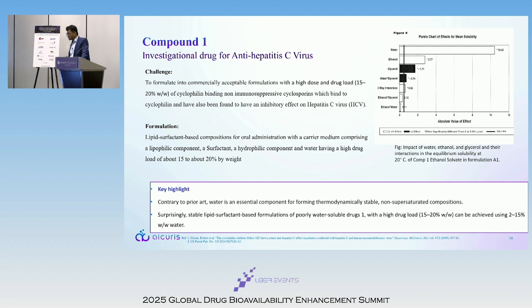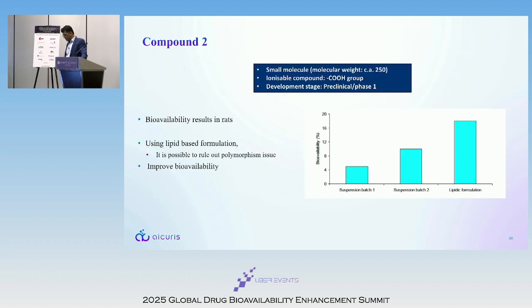But in that case, we could find out, contrary to the prior art, that the presence of a water component in the formulation was very, very important. So it's not just the mixture of oil, surfactant, or co-surfactant which was influencing the solubility. In the final formulation, the presence of a water component in the range of 15 to 20% is quite important to have the given solubility, and this was systematically investigated.